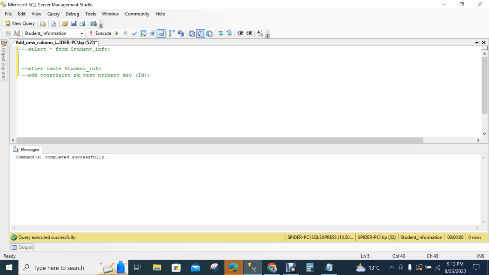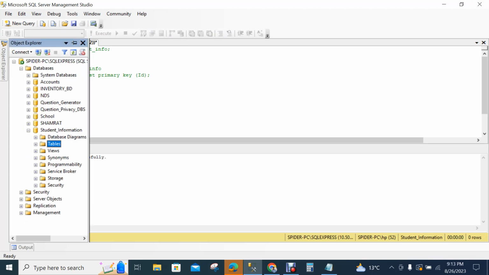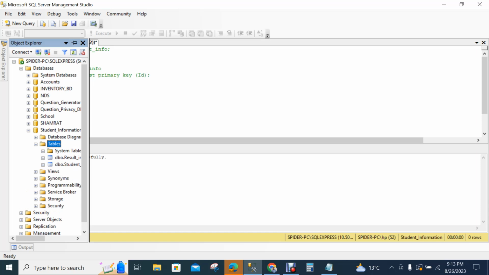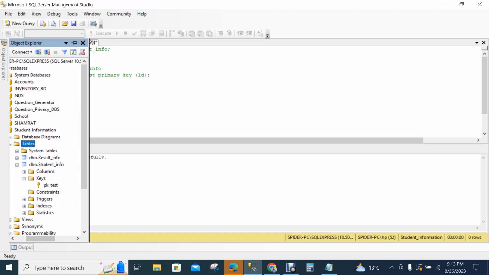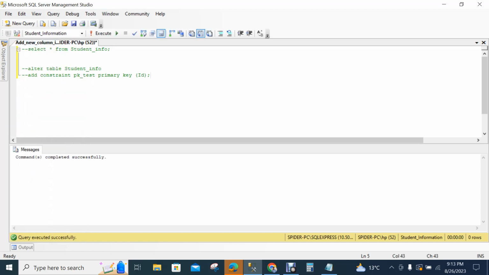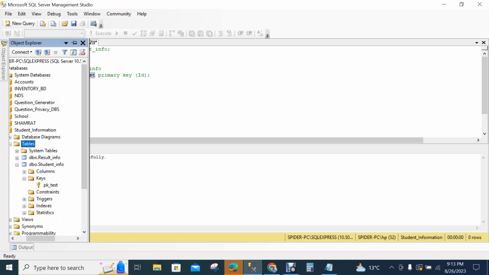Like this way we can. So our primary key has already been created. We can check that from here. Our table name was student info. So our new constraint will be in here under keys. Our primary key name was pick a test, and from here our pick a test